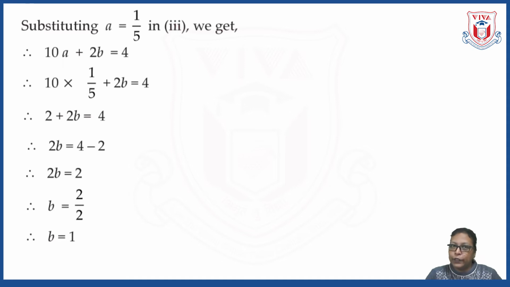But don't stop here. Generally you will think that we have found out the values of a and b, so it's over, but it is not so. Please see that in the equations we have variables x and y. So we have to find the values of x and y here. Our final answer should be in the form of x is equal to and y is equal to. Okay. So since we have done the substitution for x and y, again we have to go for resubstitution. We have to resubstitute the values of a and b.